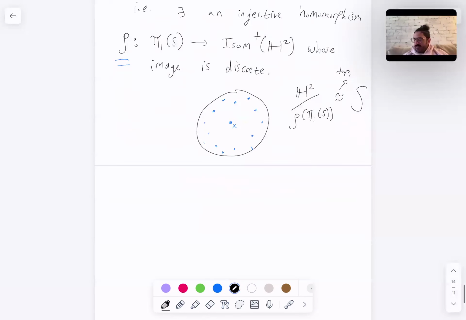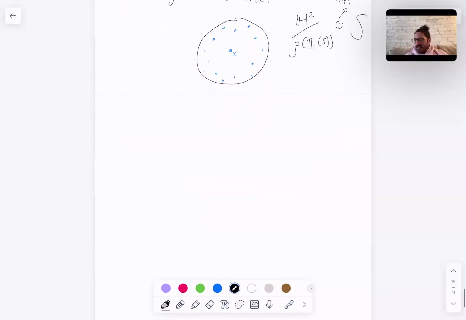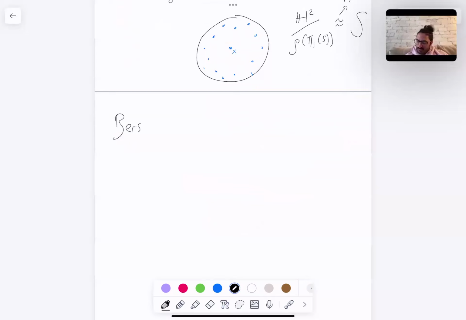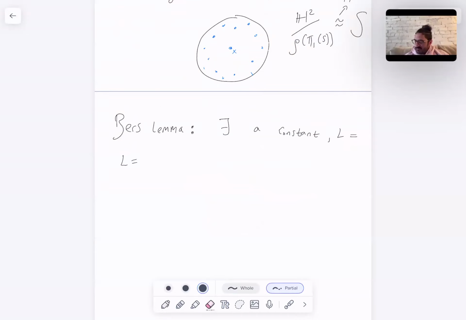Now, there's a very fundamentally important and basic lemma in hyperbolic geometry in this setting, and it's called the Bers lemma. And here's what it says. It says that there exists a constant, let's call it L. Here, L depends only on the genus, not on the actual